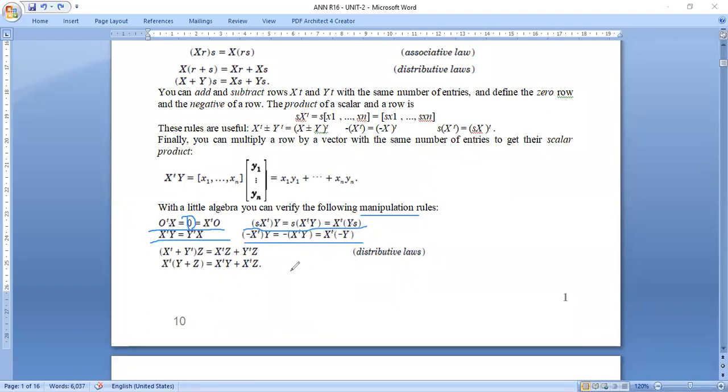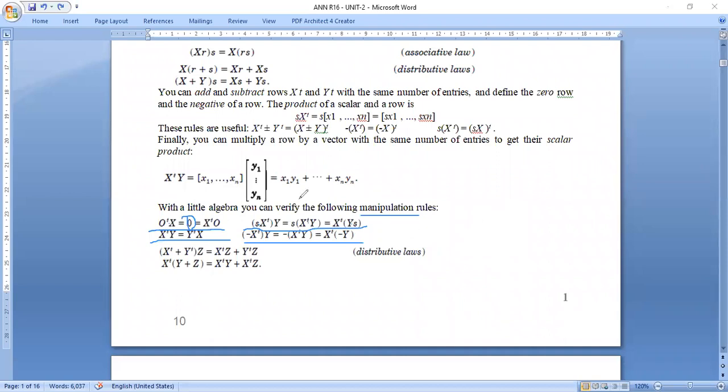And finally, the distributive laws: (x^T plus y^T) z equals x^T z plus y^T z. In the same manner, x^T (y plus z) equals x^T y plus x^T z. These are the manipulation rules for horizontal